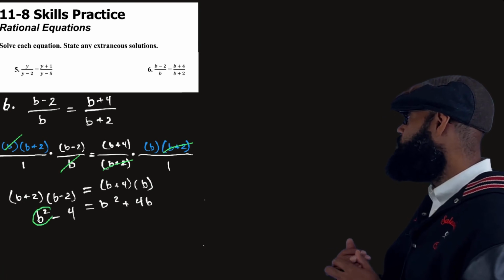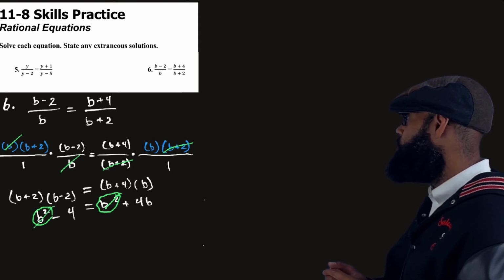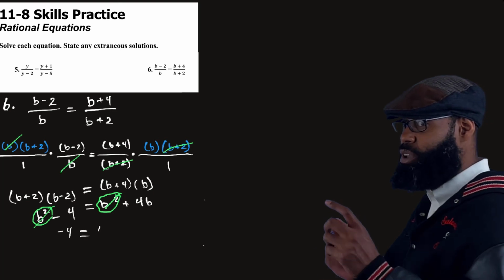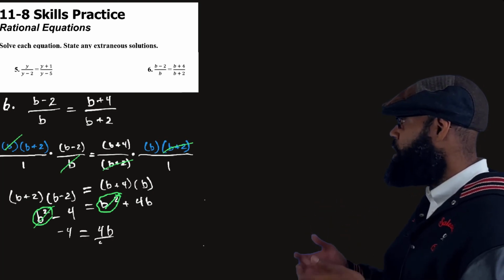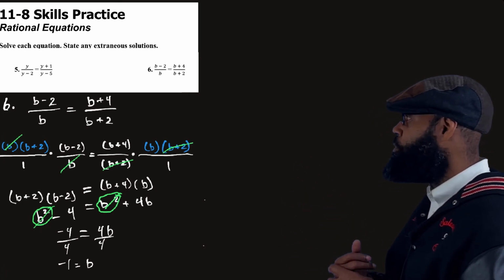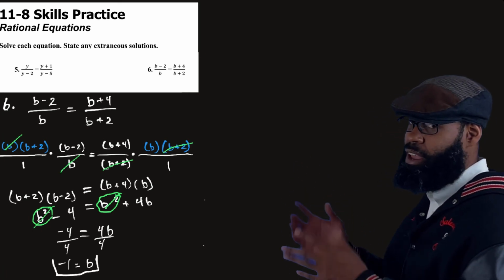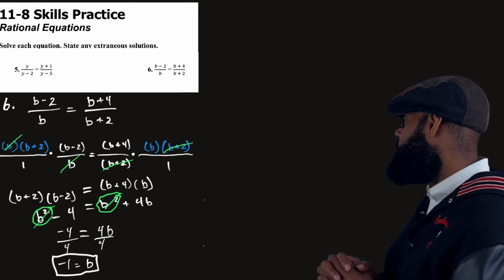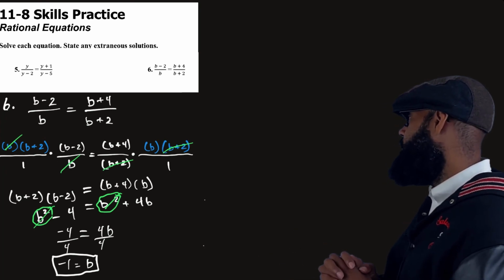So that difference of 2 squares, or that b squared minus 4, is now equal to b squared plus 4b. Well, guess what? Remember that thing about equals? Those two cancel each other because b squared equals b squared. If I were to subtract b squared from one side, subtract it from the other side, they would cancel each other, right? So now, divide both sides by 4 because negative 4 is equal to 4b,